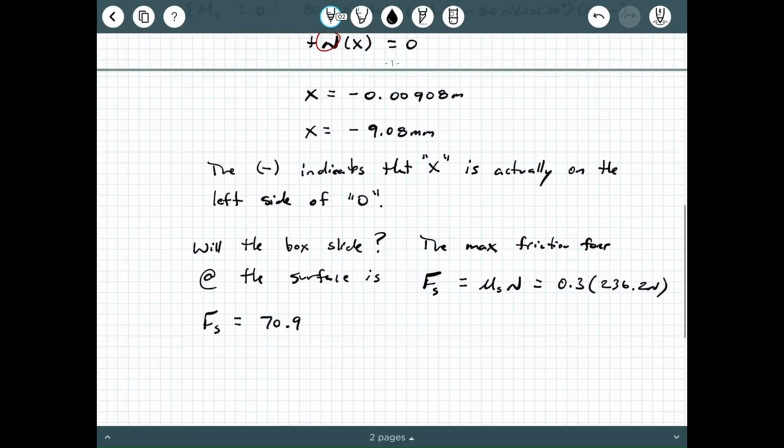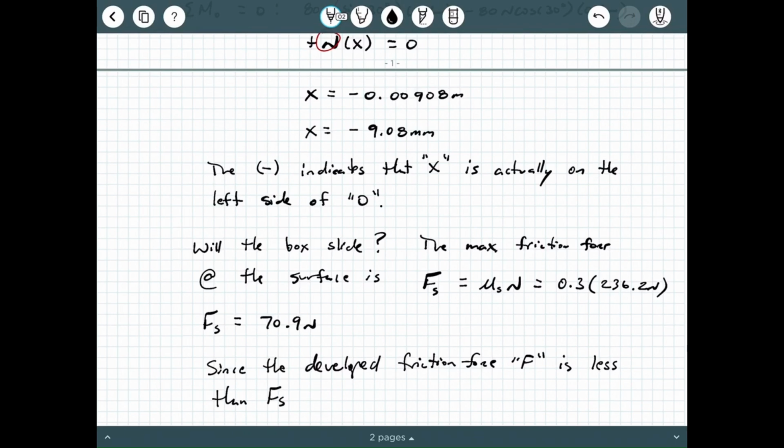And so the maximum friction force is going to be 70.9 newtons. And we're going to say, since the developed friction force F is less than F sub S,